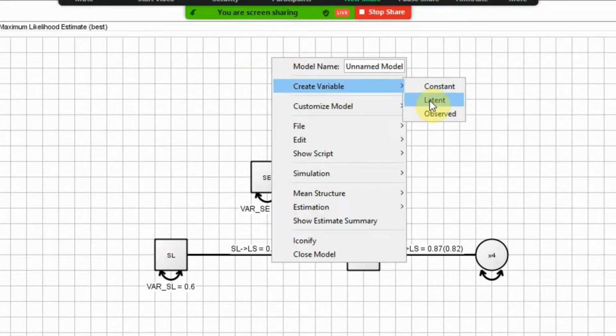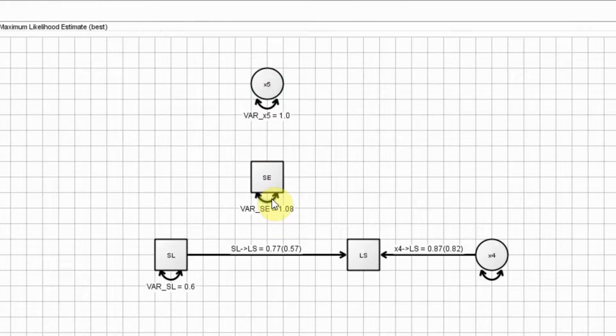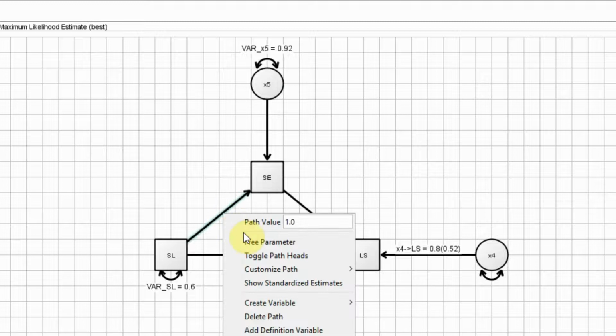But we need to remove this error term from the indicator or from the measured variable, and right click and add a line from your latent variable to your mediator. In this case, let's say this is a mediator, and then servant leadership is influencing self-efficacy, self-efficacy is influencing life satisfaction. The next step, free the parameters,